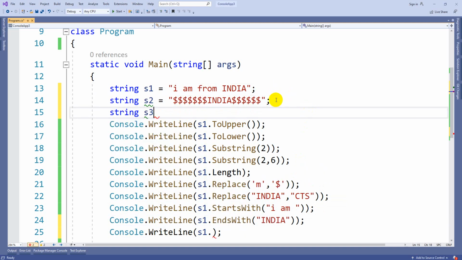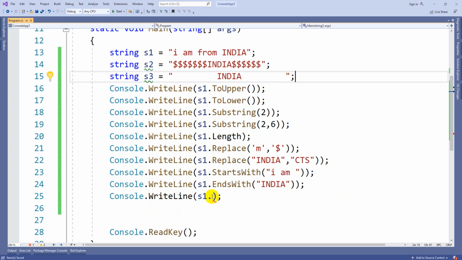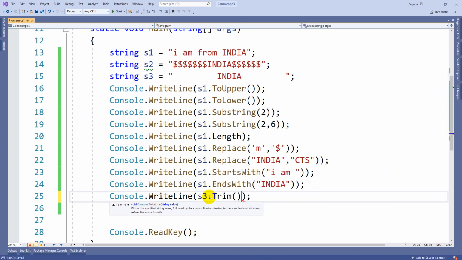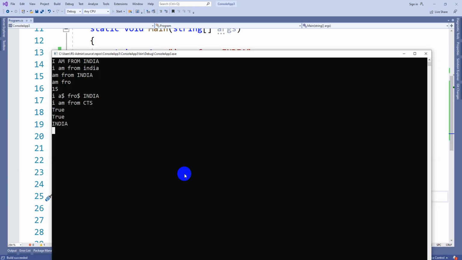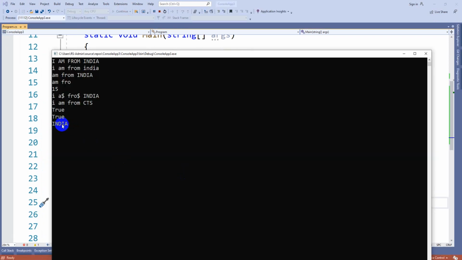String s3 is equal to, so we have spaces between the left side and right side of the string. If I just want to remove them, I can use the s3 dot Trim function. Whenever you apply Trim, it will remove the blank spaces from both sides. You can see it is removed.